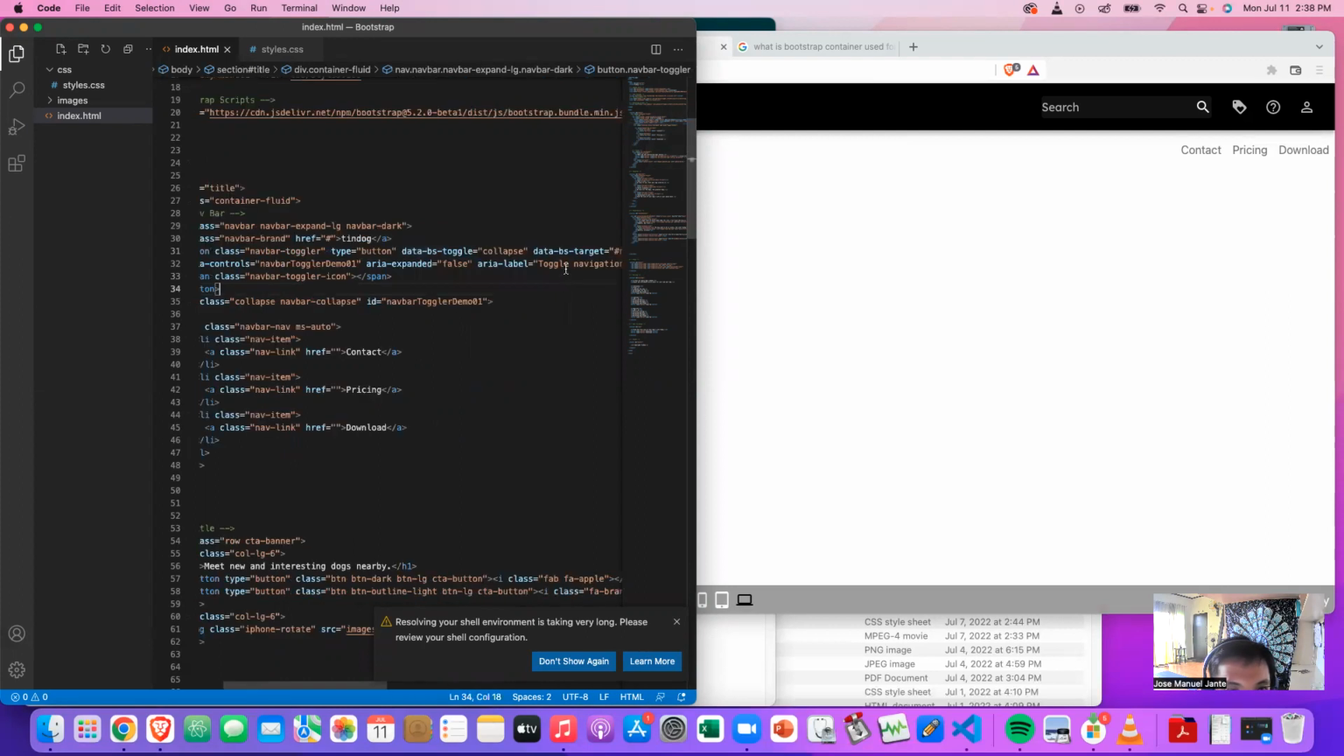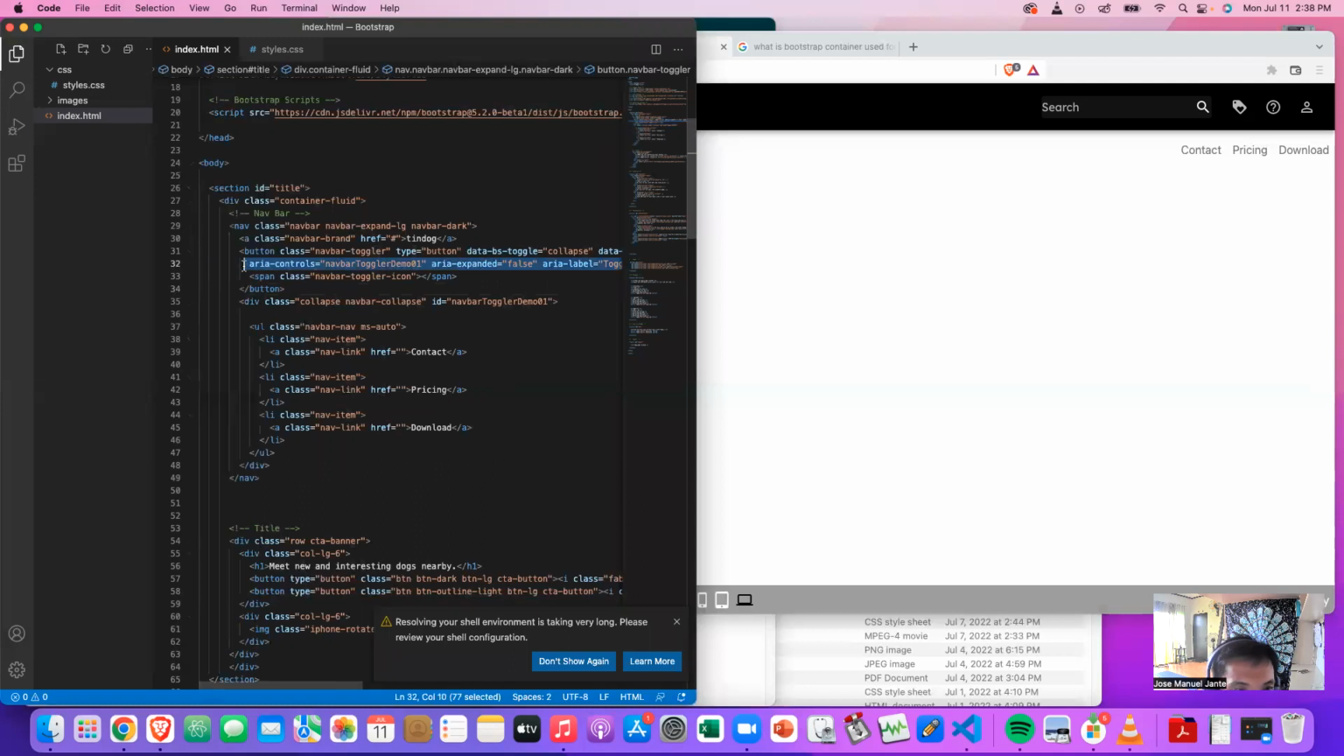And we set up the target, and all this area is just for assistive purposes. So this can be deleted, but let's keep it there since it's defined by default. I just copied it. This span is the icon, the hamburger icon. And then we have this unordered list enclosed in a div that has a class of collapse navbar-collapse, and assigned by an ID, which will be targeted by our button. So that's how